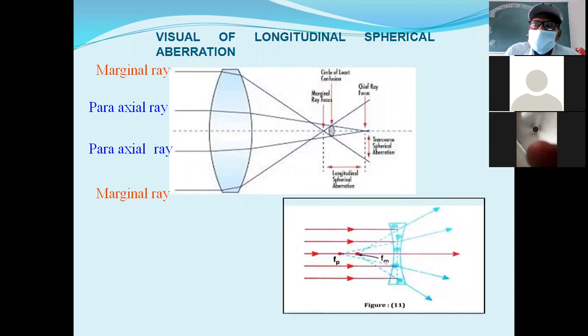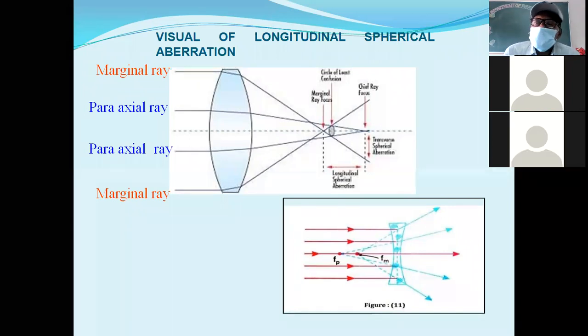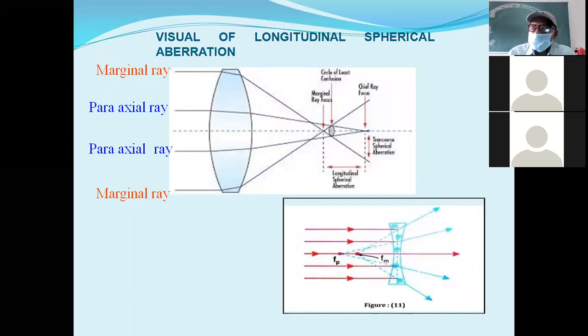That's why the marginal rays will have a very high angle of deviation. The paraxial rays will have a lesser angle of deviation. The rays in between the paraxial and marginal rays, excuse me,